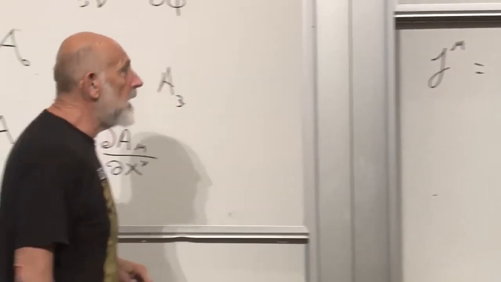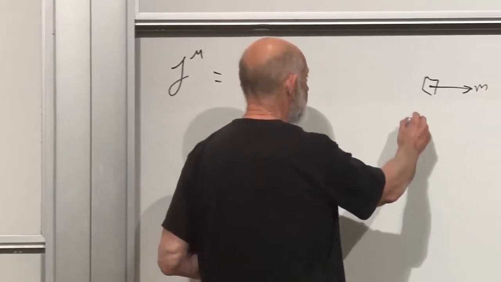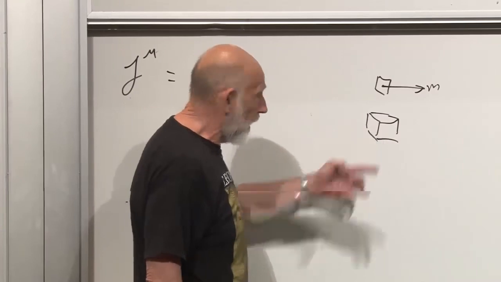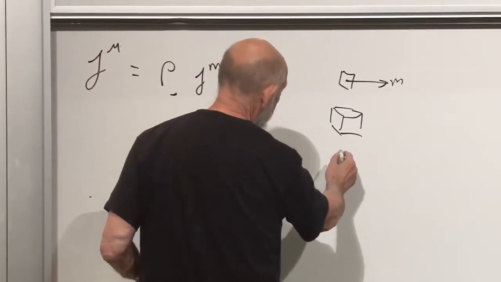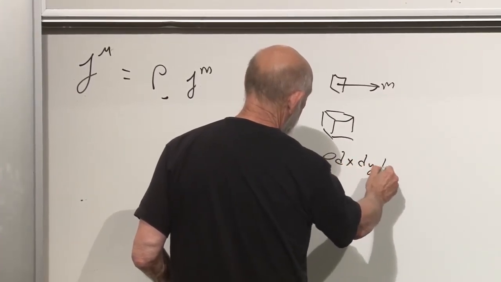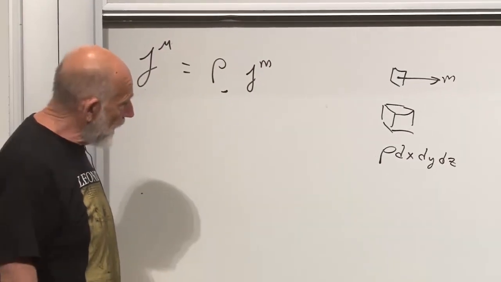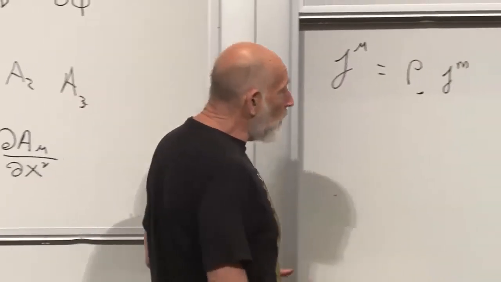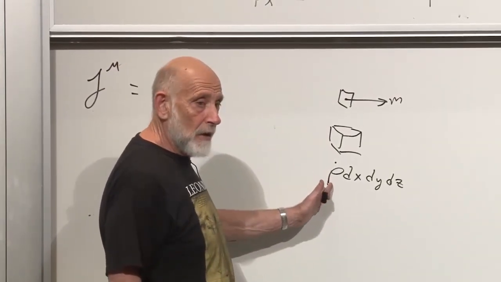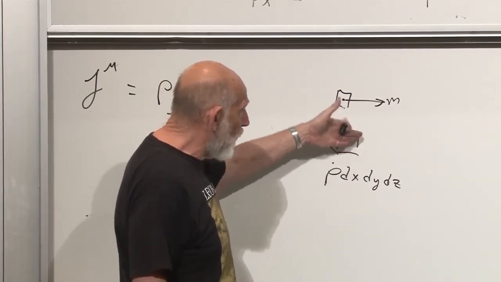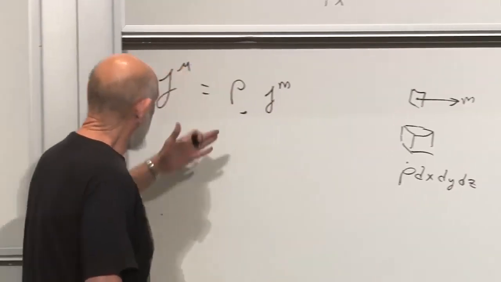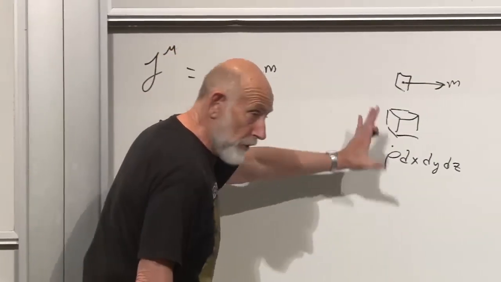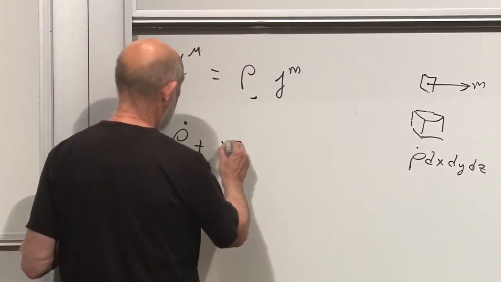That's called the J. Okay? The rule, if you take a little cell and you say the charge in there, of course the charge in there is proportional to rho times the volume, it's rho dx dy dz. That's the charge in there. And the rate of change of the charge in there is just the time derivative of rho times dx dy dz. If you say the only source of change of the charge in that region is charges which pass through the walls of the region, then that gives you the continuity equation, and we worked it out last time: rho dot, that's a change of charge in a little cell, plus del dot J